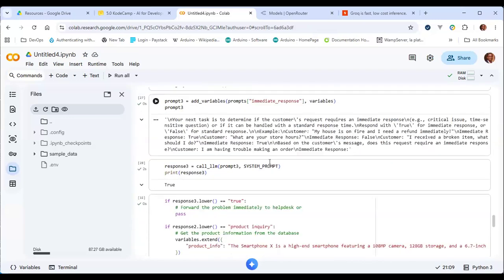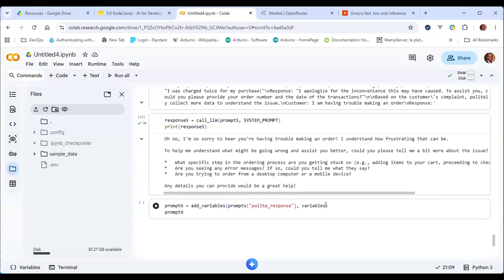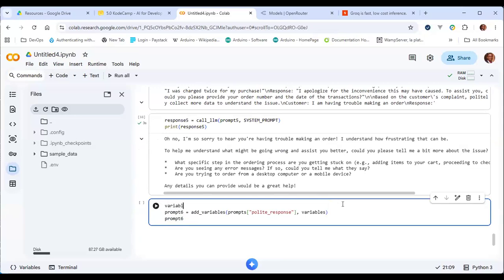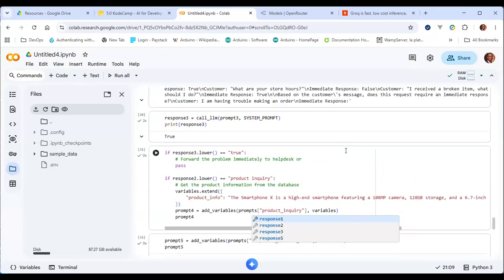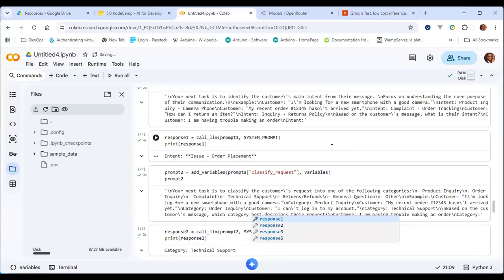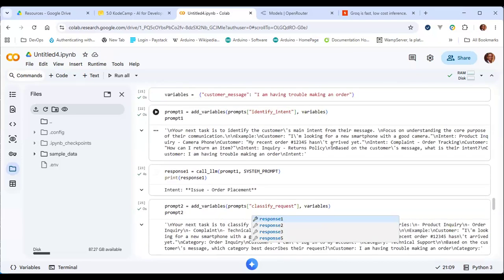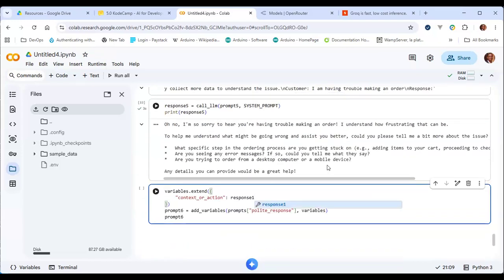So let's take the context or action from the, we could add the context or action. Let's add the intent. The response that had the intent was the first response. Okay. So we can still fine tune that, but we don't have a lot of time left. So this now gives us